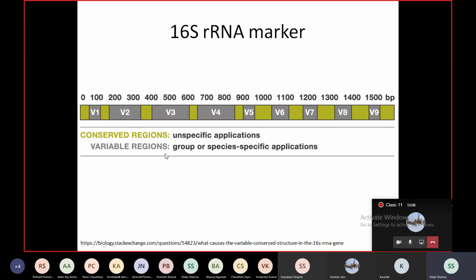पर अगर आपके पास एक मार्कर है, what will happen if you have, let's say, a marker which is completely variable regions, तो क्या होगा? या completely, let's say, conserved region, अगर हम एक ऐसा मार्कर यूज करते हैं फॉर फाइलोजेनेटिक एफिलिएशन which is conserved throughout in all bacteria, can one of you tell me what is going to happen? बोलो, अब तुम लोग मुझे जवाब नहीं दोगे तो आगे बढ़ने का कोई फायदा नहीं है।